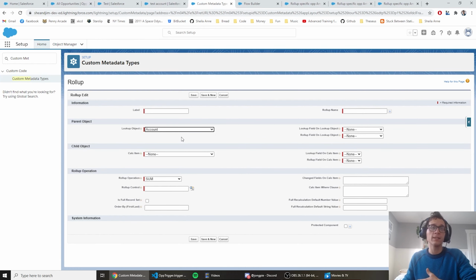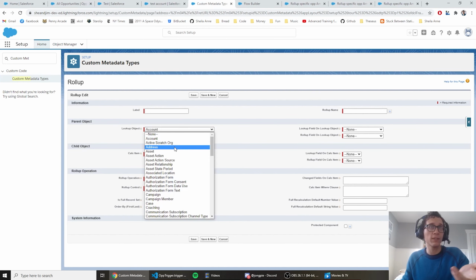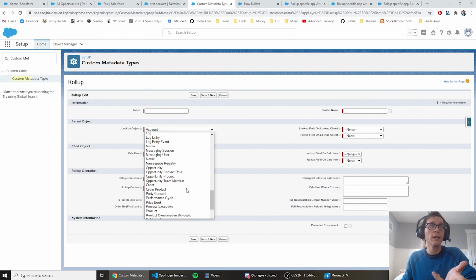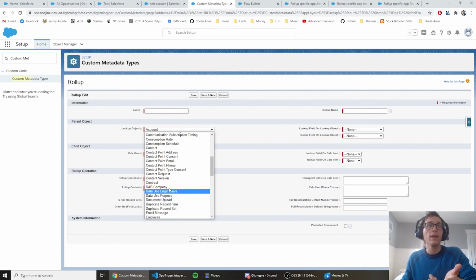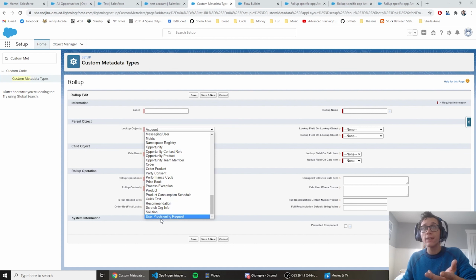However, with custom metadata types in Apex, there are two known limitations when it comes to selecting your parent and child objects, and those are you can't select the task or event objects. When you are using these dropdowns, you'll see there's no activity here, there's no task, and there's no event. In addition to that, there's no user object. So those two limitations, no user and neither of the activity objects,